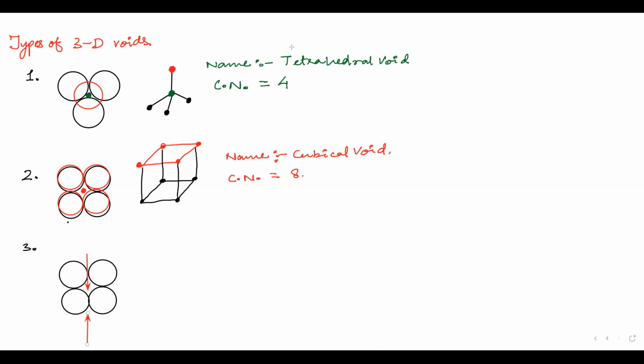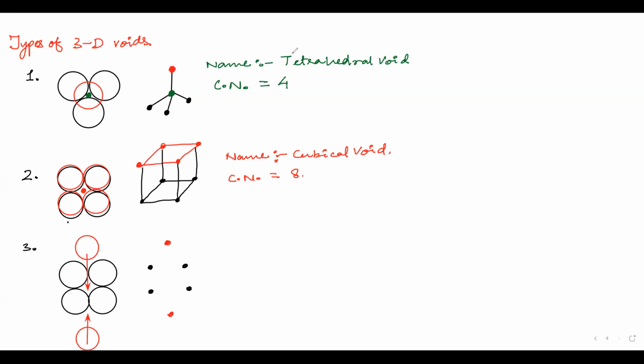One ball is kept above the 4 balls. One ball is kept below the 4 balls. Okay. Now how to name this? Here you have 4 atoms like this. The black one would be in black. 4 atoms like this. Then you have the red atom above and 1 red atom below.